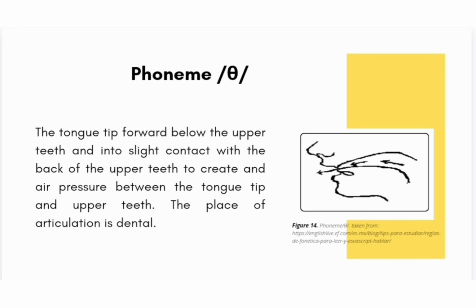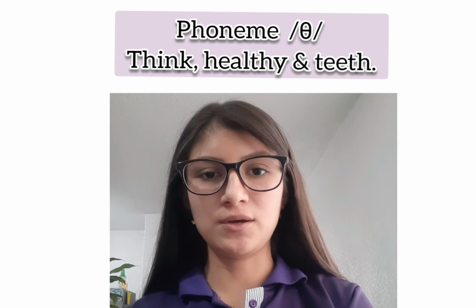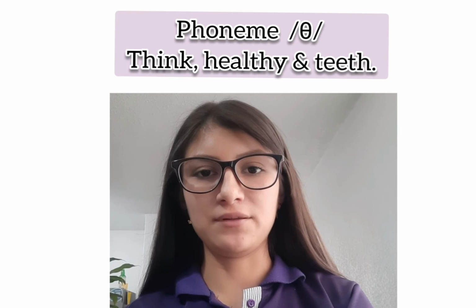The tongue tip is forward, below the upper teeth and into slight contact with the back of the upper teeth to create air pressure between the tongue tip and upper teeth. The place of articulation is dental. This phoneme sounds like /θ/. For example: think,